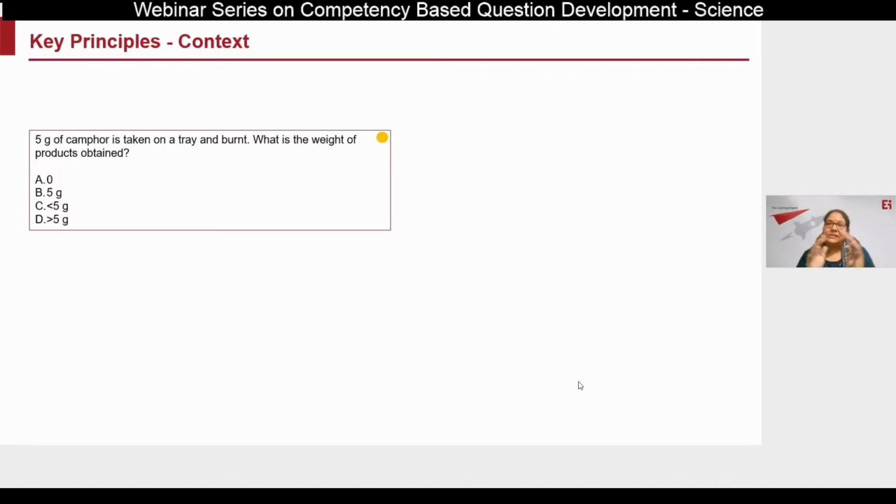It also doesn't tell me whether the system in which it was put was a closed system or an open system, because all these factors are going to impact my answer, right? So it is an apparently okay-looking question. That's why one of the ideas I want to push all of us to think of is that whenever a question is created, we need a fresh set of eyes to review it. When we are in the flow of creating a question, we may miss certain details, but only during review and discussion of questions will we realize that the questions can be improved further.